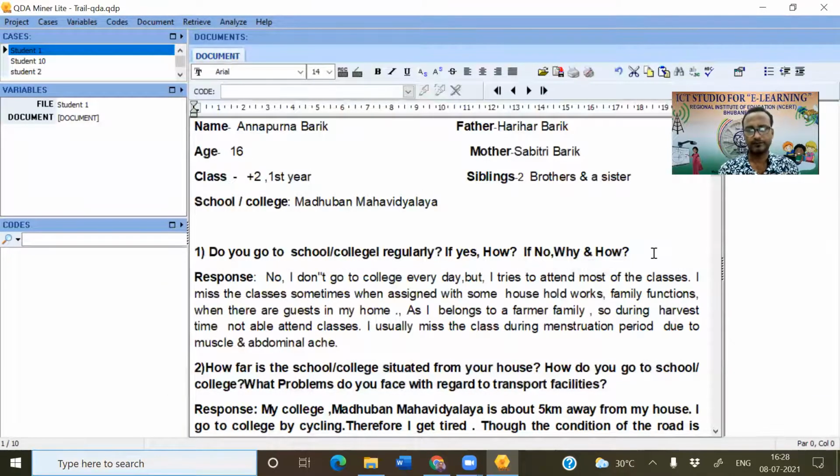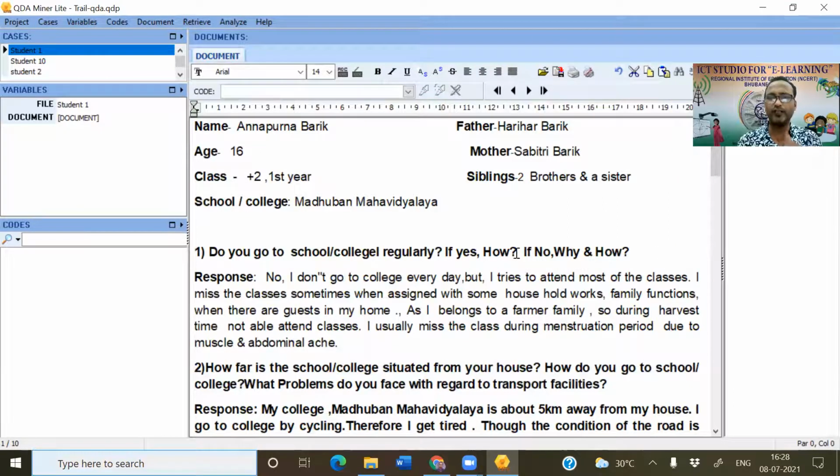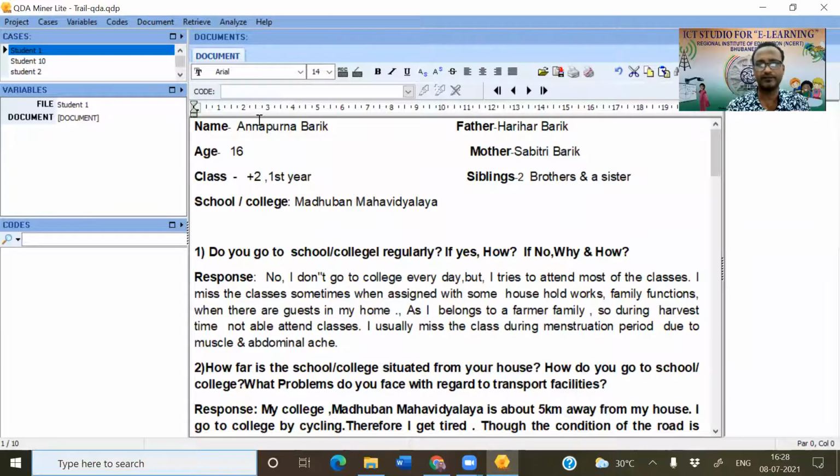You see now, all the data are imported here. This is the place where you need to work in KDM minor light. And I'll show you. If you see here, it seems that there is one sheet, where you are working. But this is not one sheet. You just recall, when you work with Excel, you put your data there, you do an operation, you get your result on the same page.